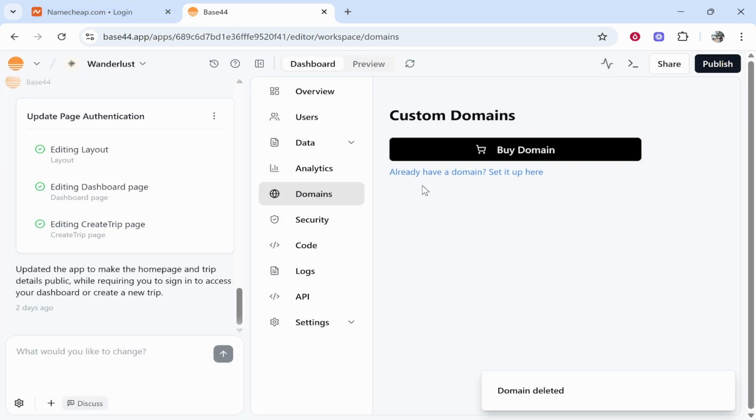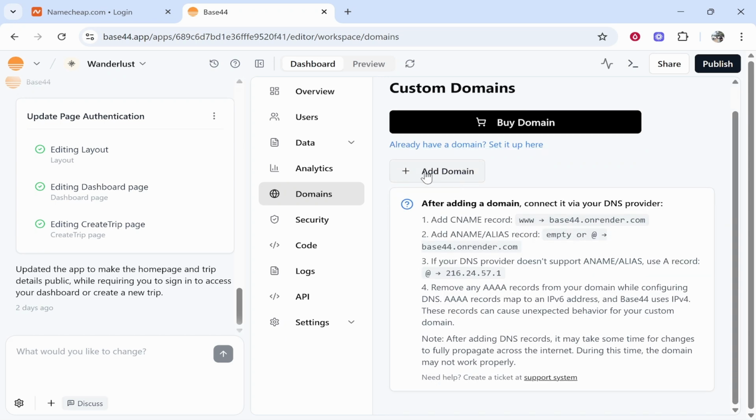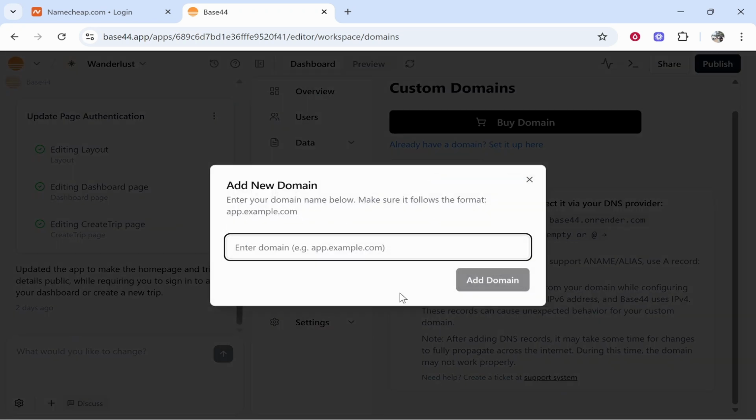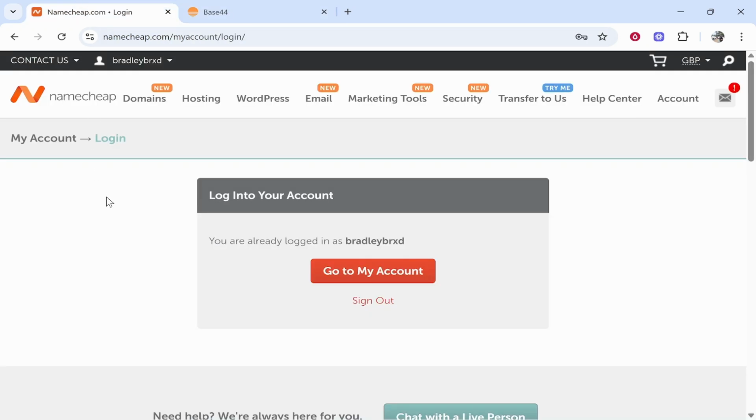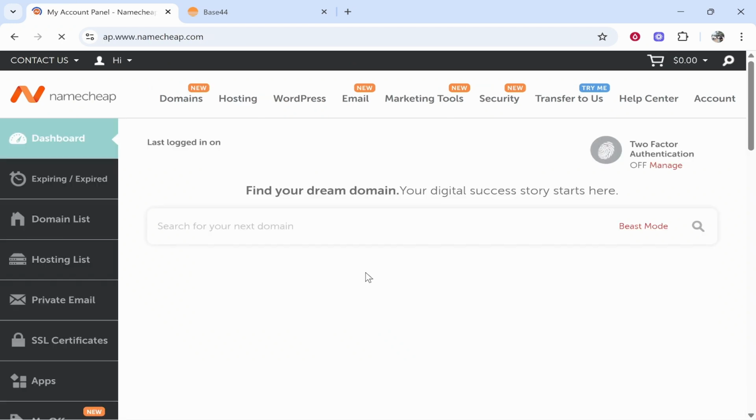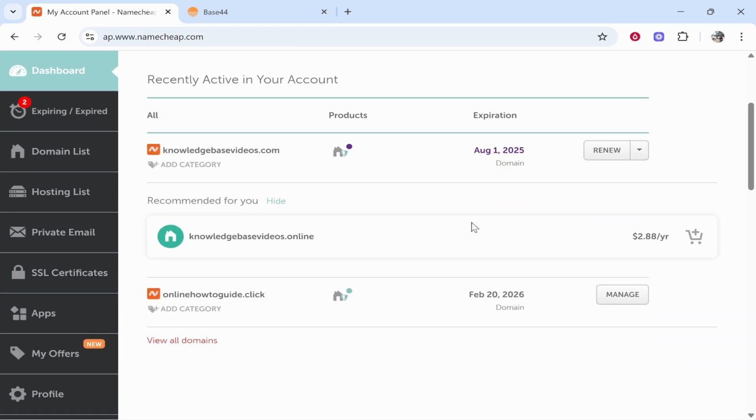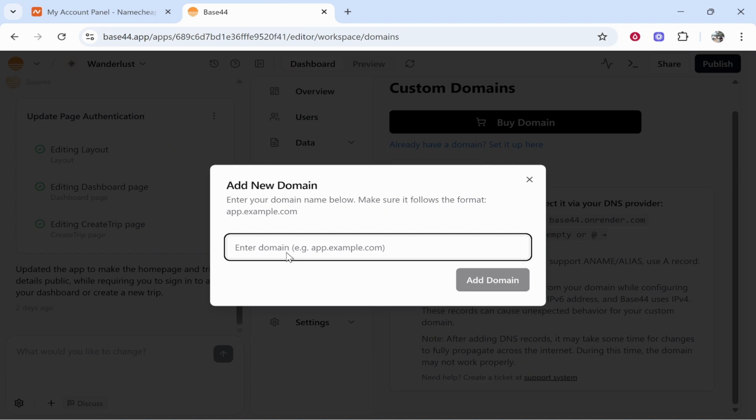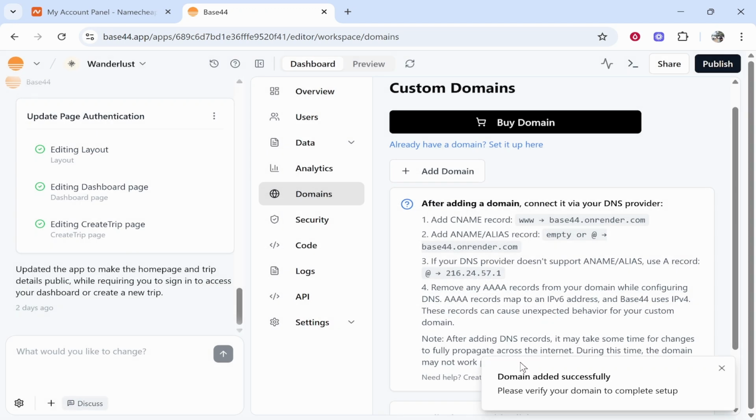So what you need to do is click already have a domain, set it up here. And then you can click add domain. It will open this window where we can then enter in our domain. To find our domain, we want to go to our Namecheap account. I'm going to click go to my account, and then we should be able to see a list of all of our domains. I'm going to connect this one, onlinehowtoguide.click, but you can connect any domain with any extension. So I'll copy it, we'll paste it in here, we'll then click add domain,